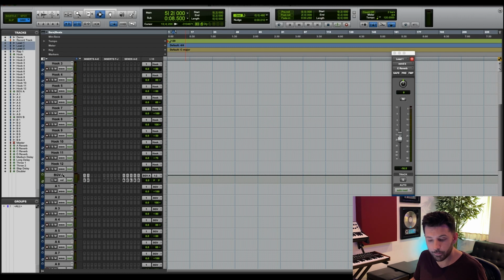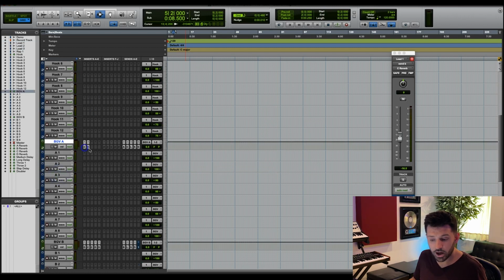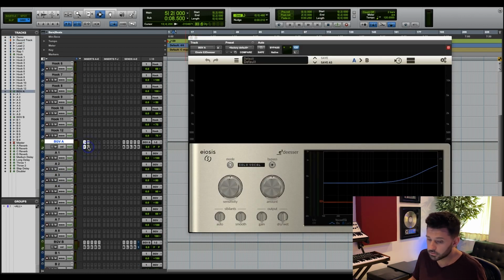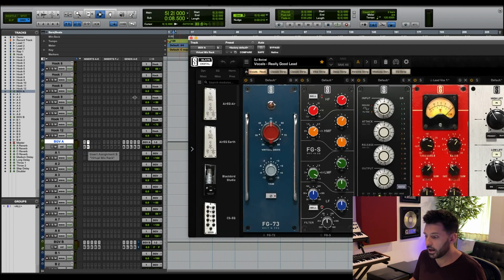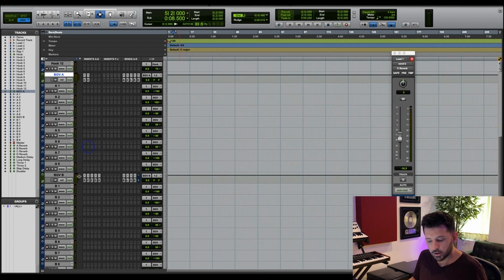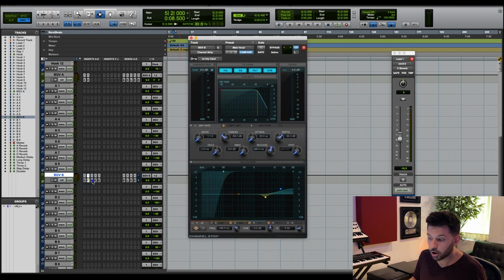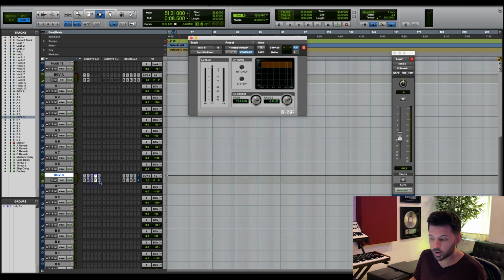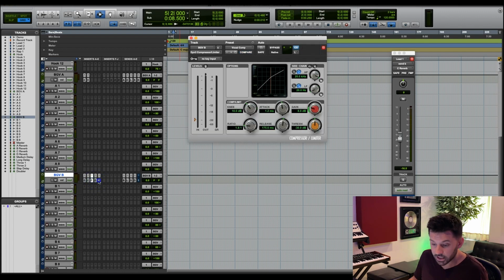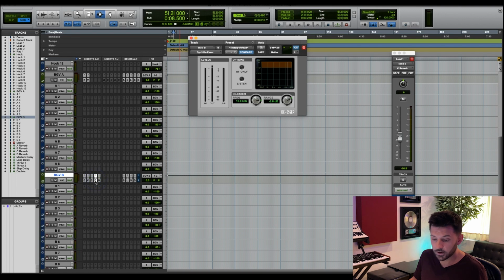On this background vocal A bus, same as that lead 2, and I'll put a really good lead on it. And then background vocal B, this is again all stock plugins. So this all comes with Pro Tools, and in this case I actually have 2 de-essers, and the reason for that is the first de-esser is doing that very high frequency, like above 10K. The second one is actually de-essing